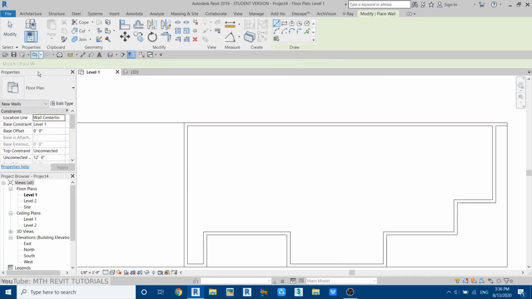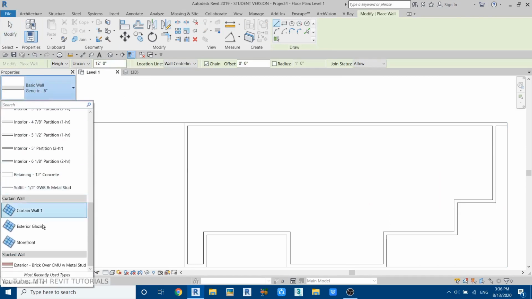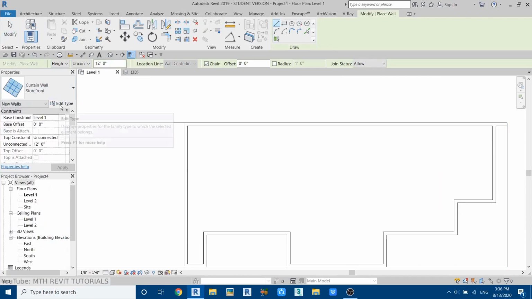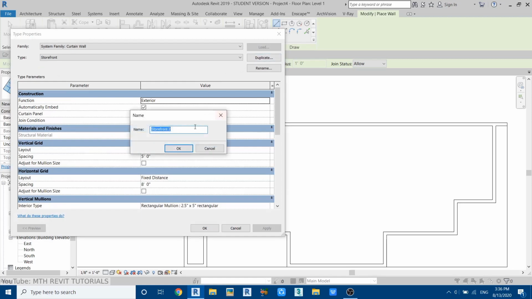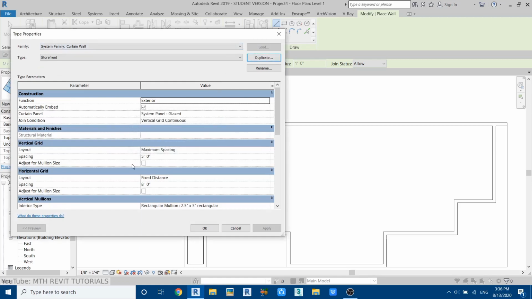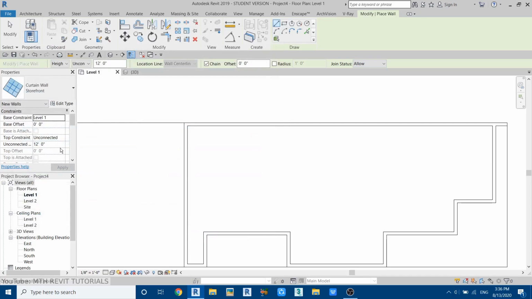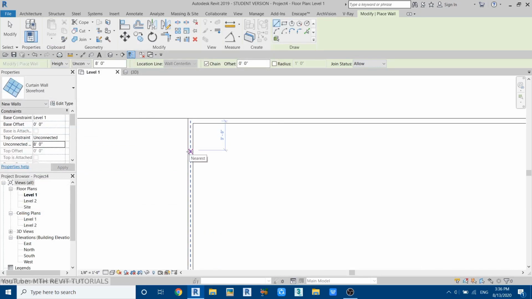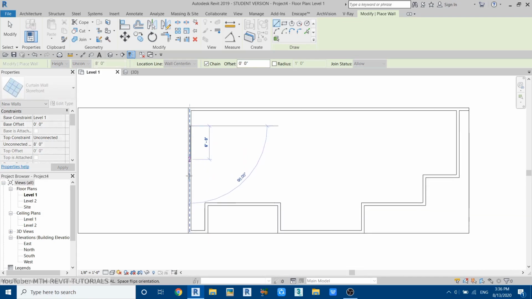So select wall again, and from this drop down select storefront, edit type, duplicate. Oh, we don't need to duplicate that. We can just change the spacing here to 3 feet, and the horizontal spacing just leave it at 8 feet. Click OK and change the unconnected height to 8 feet. Now draw a 15 feet storefront here